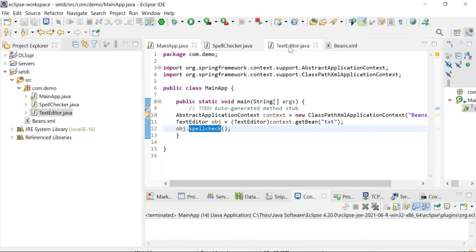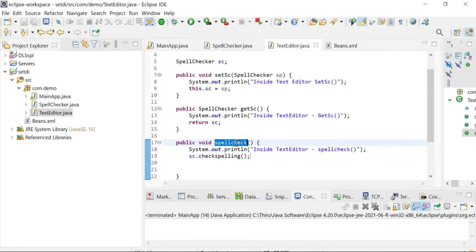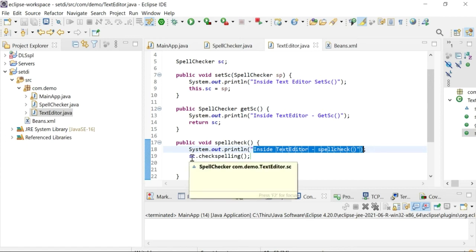Then the control comes to the spellcheck method. Here we just print a text message, inside text editor spell check.